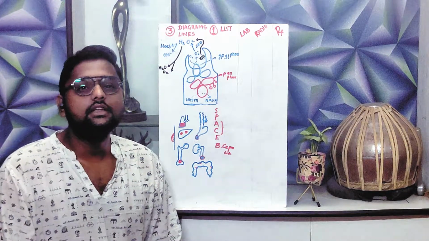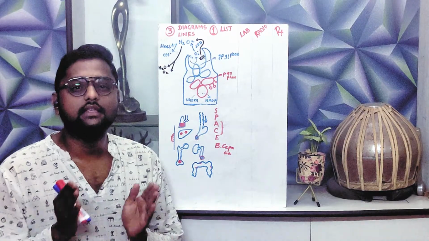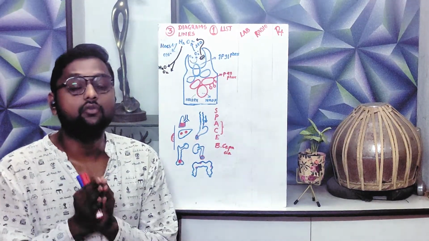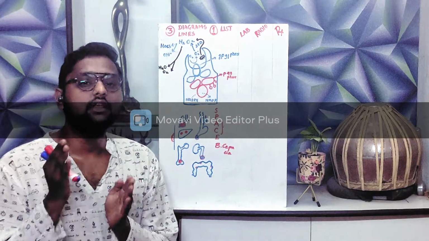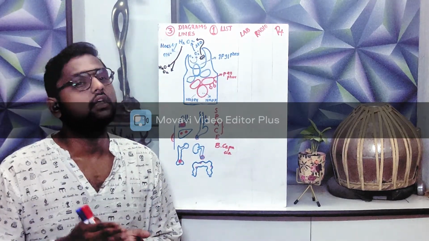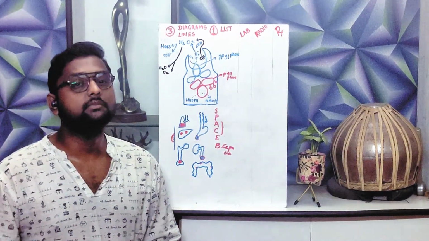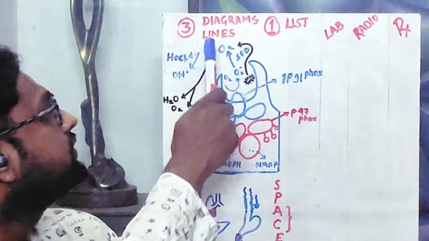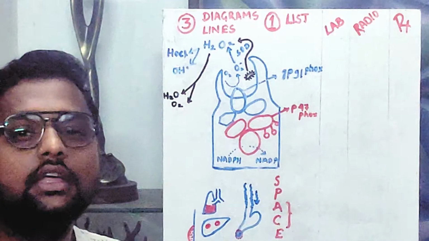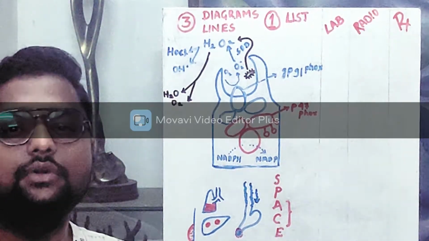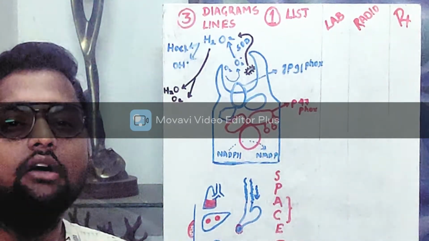They say that attending a practical session in a medical college is a skill. You can make the examiner ask exactly what you know. Likewise, studying for theory, remembering it, recalling it is also a skill. An entire topic can just be remembered with three diagrams, three lines, and one list. This is all that it takes to remember an entire topic, and I am here to show how it's done.